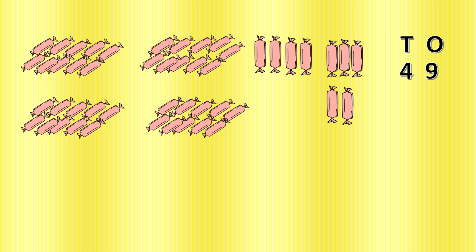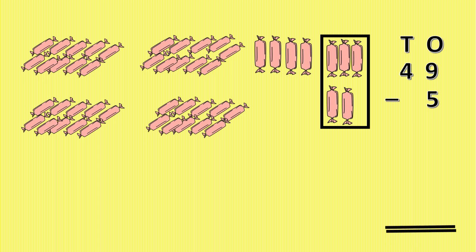Now, let us see, since this is subtraction, subtraction means taking away or removing. So, let us take away or remove some chocolates by drawing a box like this. Inside the box, you can count and see how many chocolates there are. Now, here I can see 1, 2, 3, 4, 5. 5 ones chocolates are inside the box. So below the ones place I will be writing 5. It means 5 ones I have taken away, or I have eaten 5 chocolates. Since this is subtraction, let us put here the subtraction sign.